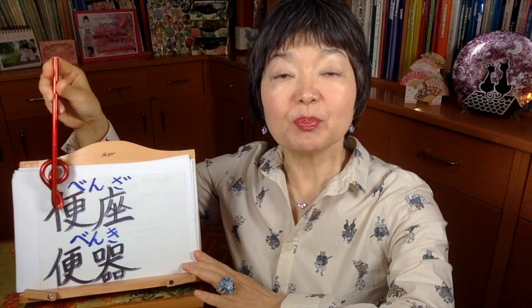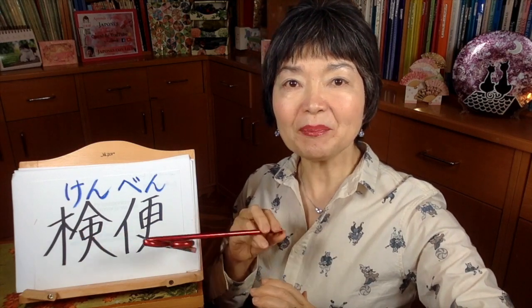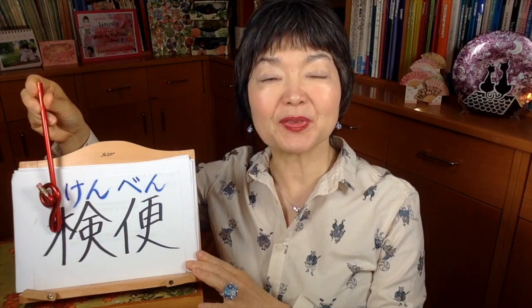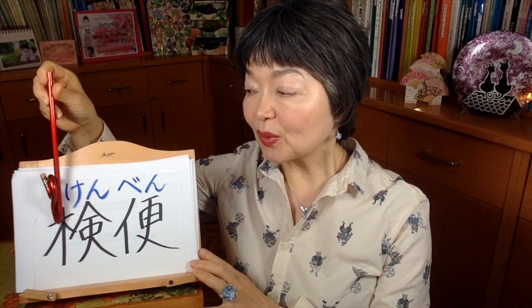Seat for poop, the container for poop. But we've got a medical word, kenben. This ken comes from kensa, examination. So, kenben, the examination of feces. And kenben is very important to prevent